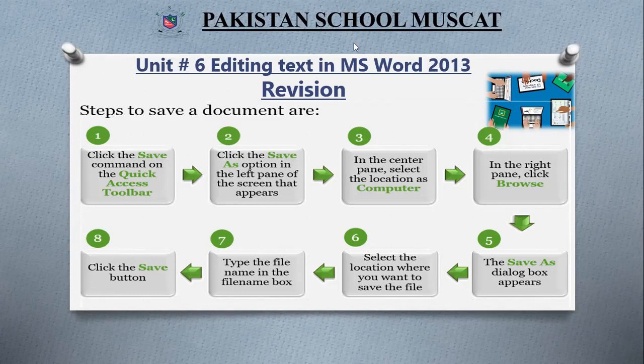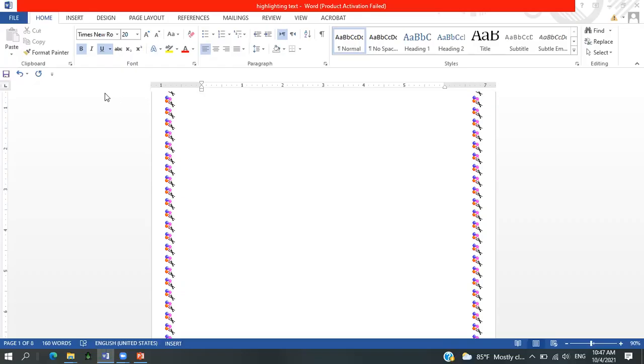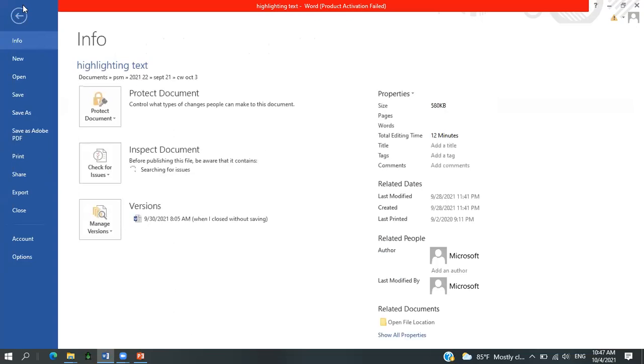Let's move to the Word window and revise them over there. Here you can see this is my Word window, and on the File tab, when I click on my File button, it will bring me to these options.